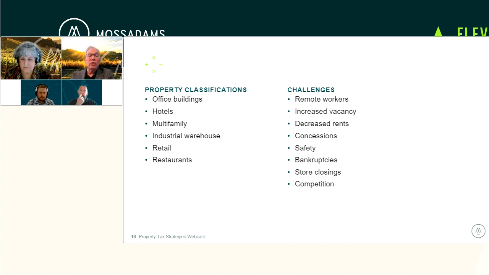We've seen many of our hotels where they've said, hey, we're in a bad part of town right now, which wasn't a bad part of town pre-pandemic, and people are concerned about their safety and crime that might be around us, and it's affected us. Multifamily and industrial warehouse, they were killing it for the last decade, and now they're seeing a leveling out and even a decrease in many situations. And of course, retail and restaurants, bankruptcies and store closings have certainly created major vacancies, which are also adding to decline in value issues.